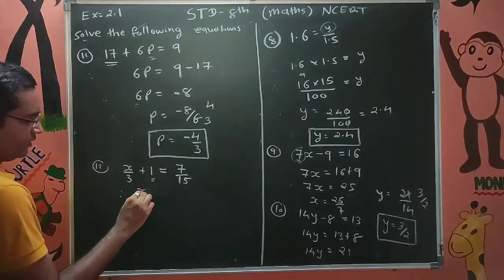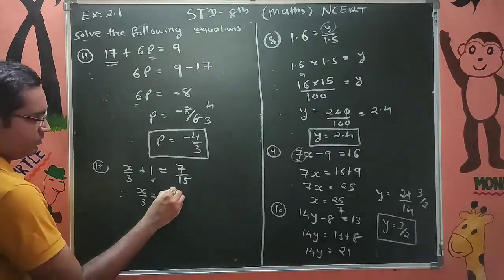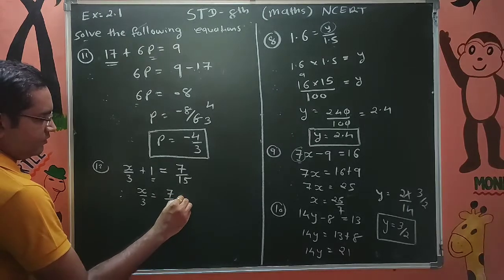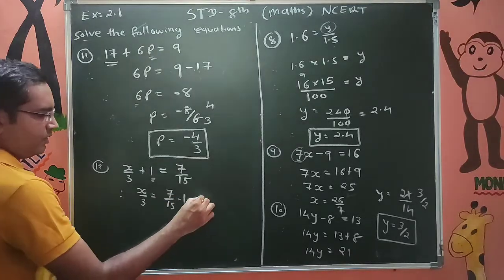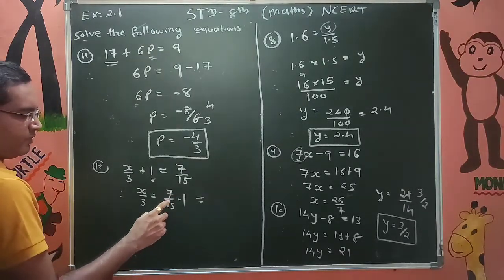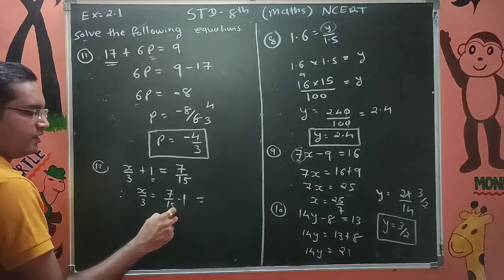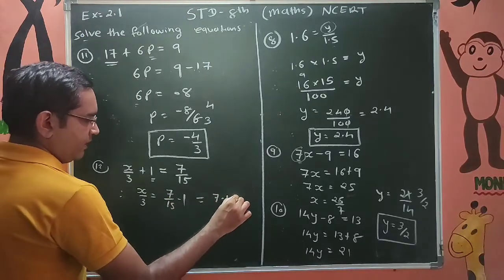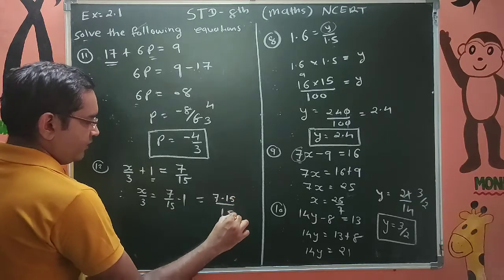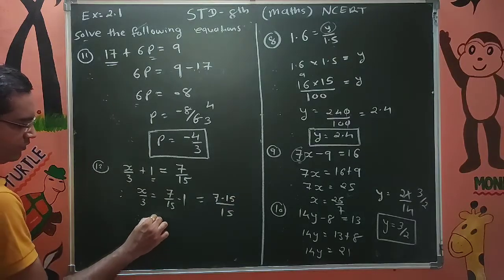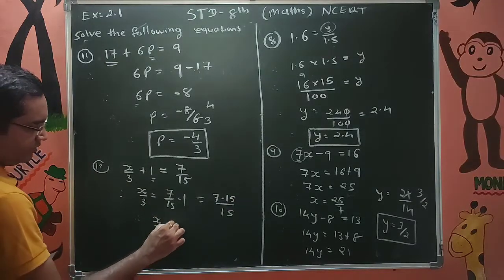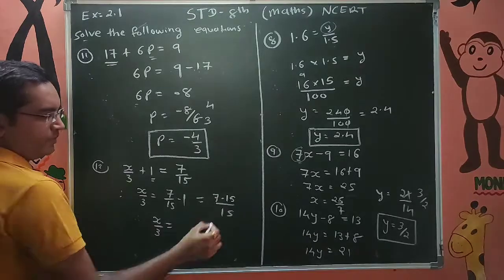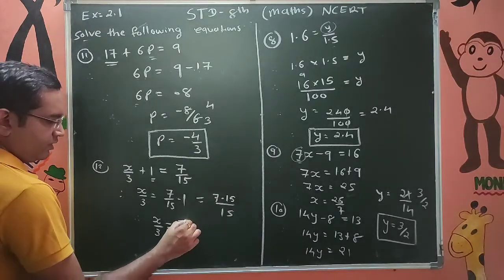Therefore it's x by 3 equal to 7 by 15 minus 1. Simplify this one. What is 7 by 15 minus 1? You take 15 as LCM. This is 7 minus 15, so 7 minus 15 whole divided by 15. Therefore it is x by 3 equal to 7 minus 15. Again plus minus minus. So it's minus 8